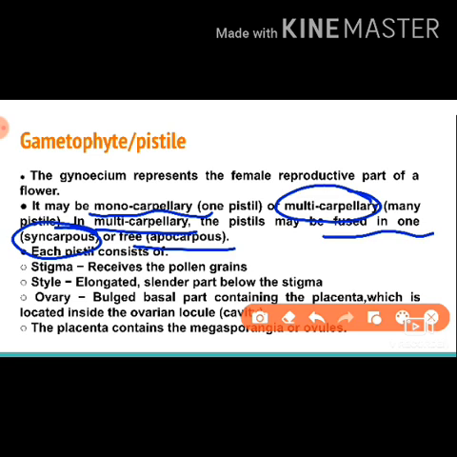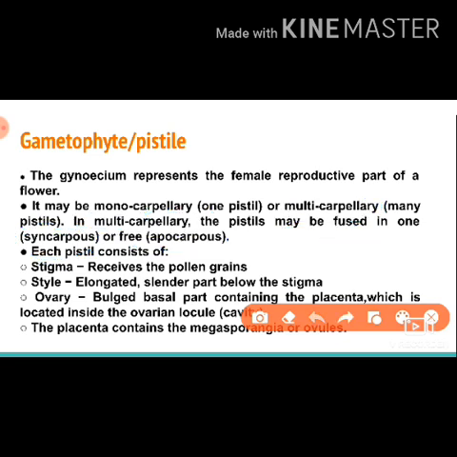If they are not fused, if they are free, we call it apocarpous. And usually in this structure, you can see at the pistil, it mainly contains a stigma, which receives the pollen grains, or it's a platform for the pollen grains. What will happen during